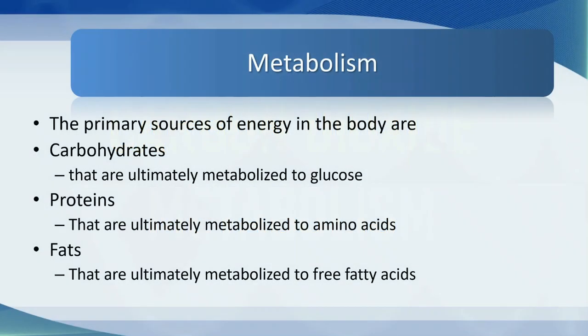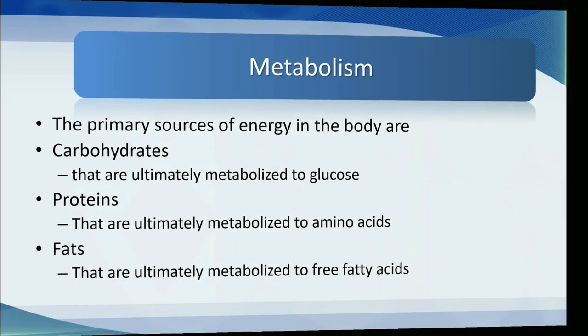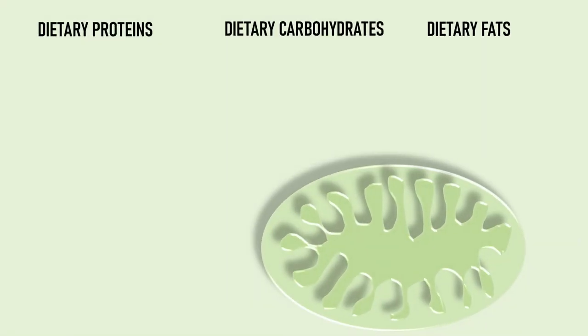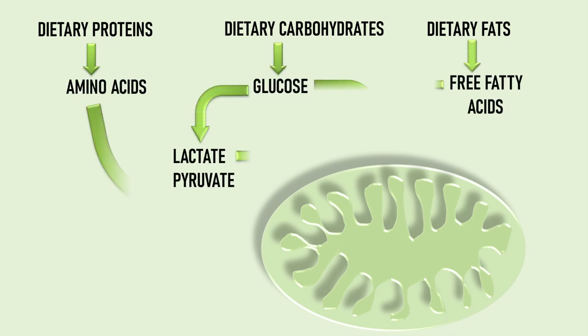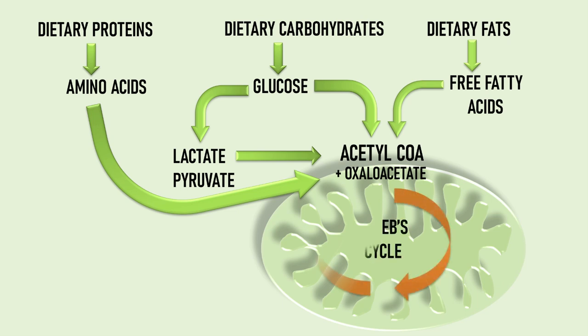The primary sources of energy in the body are carbohydrates, proteins, and fats. And the way we think of them is as being metabolized to glucose, amino acids, and free fatty acids. And that is true, but in fact, they really are not metabolized to those endpoints. They're metabolized to carbon dioxide and water via the Krebs cycle with the intermediate step of acetyl coenzyme A. So everything that we eat ends up as carbon dioxide, but not every gram of substrate produces the same amount